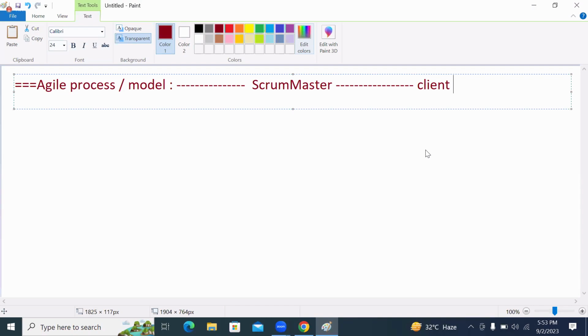Once he communicates with the client, what does he have to do? Requirements gathering. He needs to take care of communicating with the client, discussing all those requirements, and gathering the requirements. Once he has gathered all the requirements from the client,